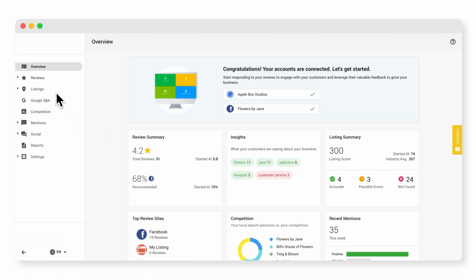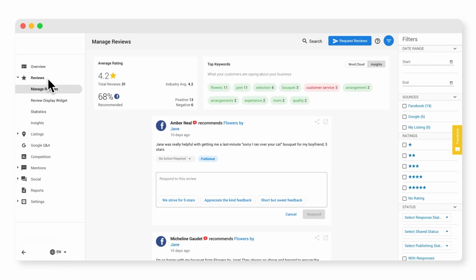Let's take a look at the Reviews tab. Customer reviews can have a significant impact on your business's reputation, which can ultimately affect your revenue. With this dashboard, you can monitor online reviews from various key sources across the web, all from one place. Here's where you'll see the average aggregate rating of all your reviews, along with the total number of reviews. Compare yourself to the industry average and take action to improve.